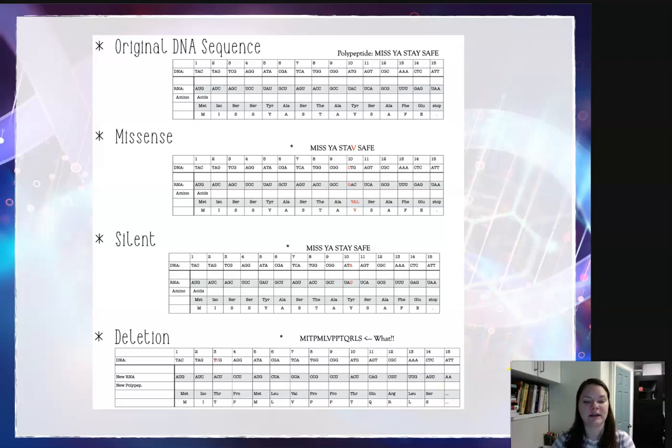So here are the examples that I gave you. Make sure that you're really understanding now, looking through and realizing why each of these is what it is. And we can see here that the deletion, with what started as the polypeptide being miss ya, stay safe, all of a sudden I have